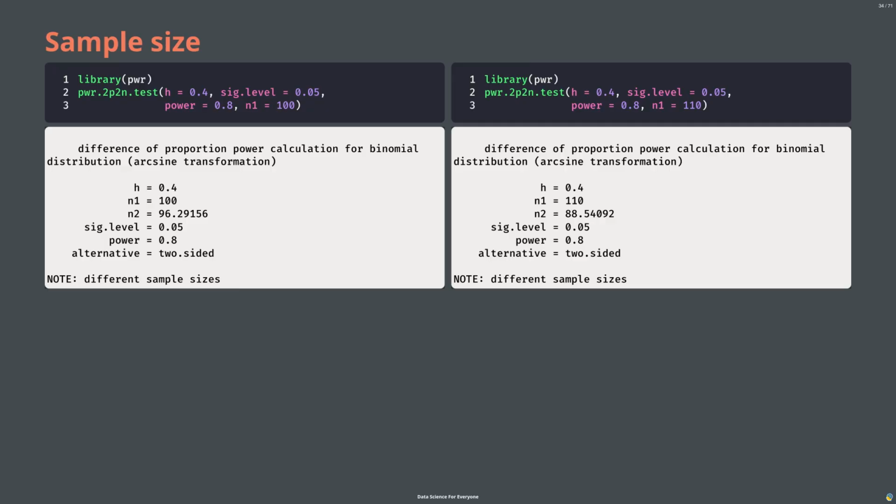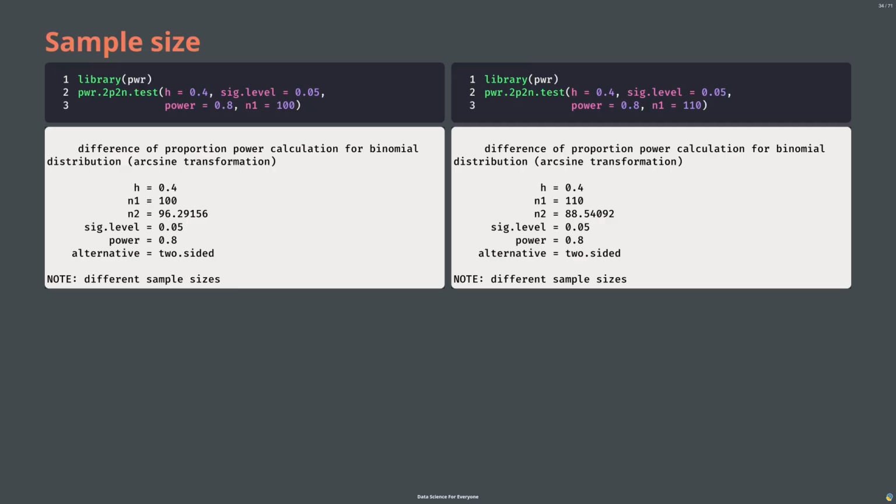Using the power.2p2n.test function, we plug in the 0.4 effect size as h, a significance level of 0.05, and a desired power of 0.8. We specify 100 participants in the word puzzle group. The output shows that we need a total of 197 participants, so 97 participants in the logic puzzle group. If the number in the word puzzle group changes to 110, the logic puzzle group adjusts accordingly, although the total